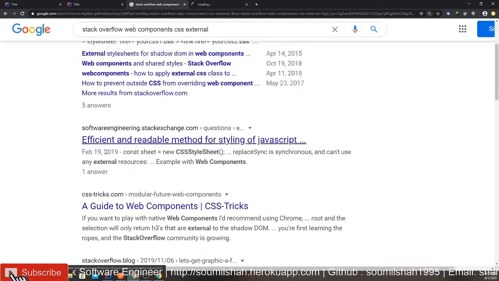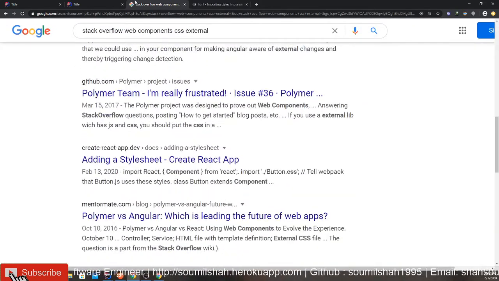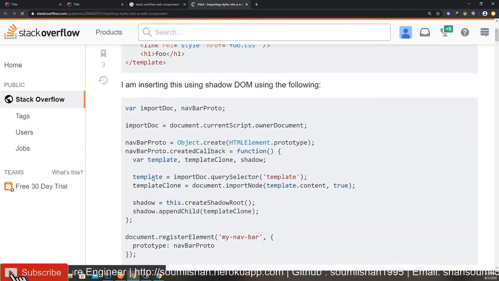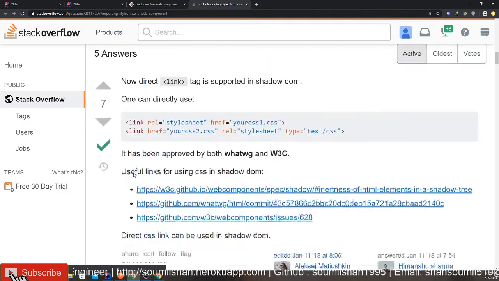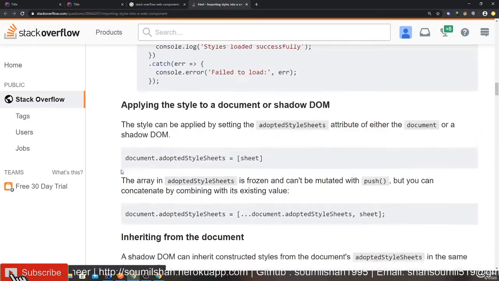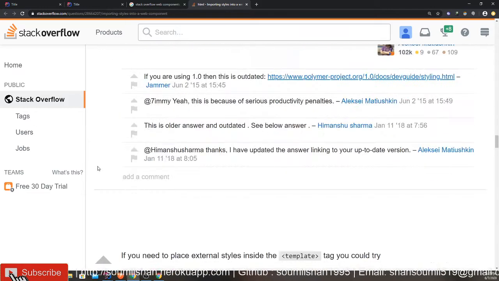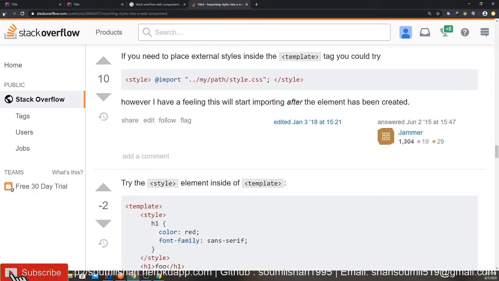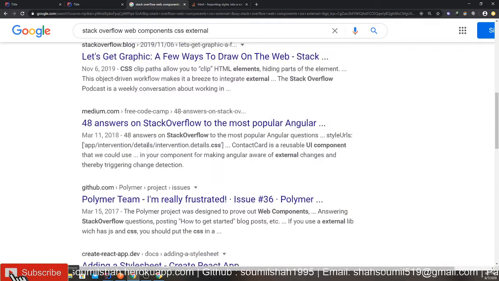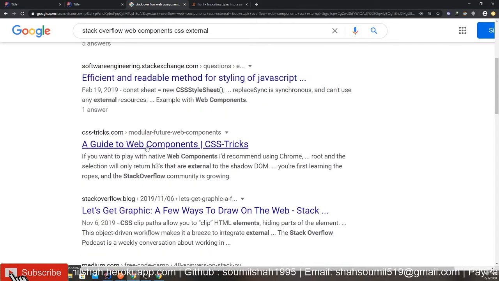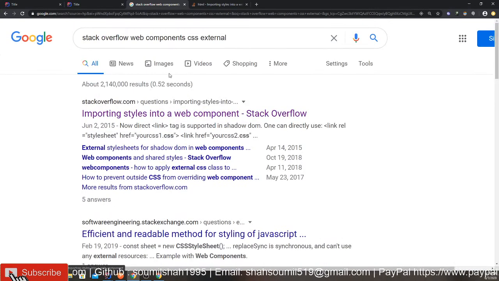I think it was a very nice article I was reading. Let me see if I can find it. I'm not sure I can find it right now on the spot, but basically, if you're importing CSS and using web components, will that CSS load again and again? No, the web browser will only load the CSS once. That's what the discussion was.